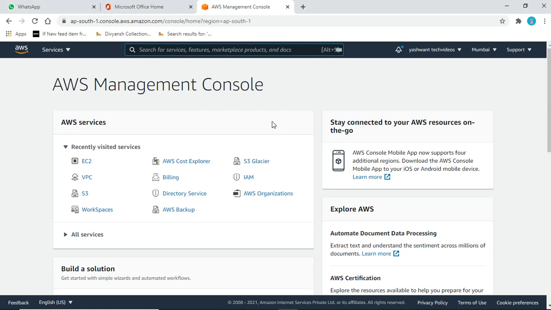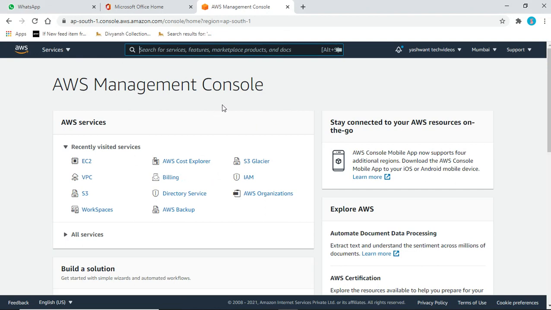In this video we will learn how we can create EBS, Elastic Block Storage, which is like a virtual hard disk for your operating system which you have installed on your Amazon Web Service Cloud. In this video I am going to tell you how to create EBS, how you can resize your hard disk, and how you can attach your storage device to your existing operating system which you have installed on your AWS cloud. First of all, you have to log in to your AWS ID.